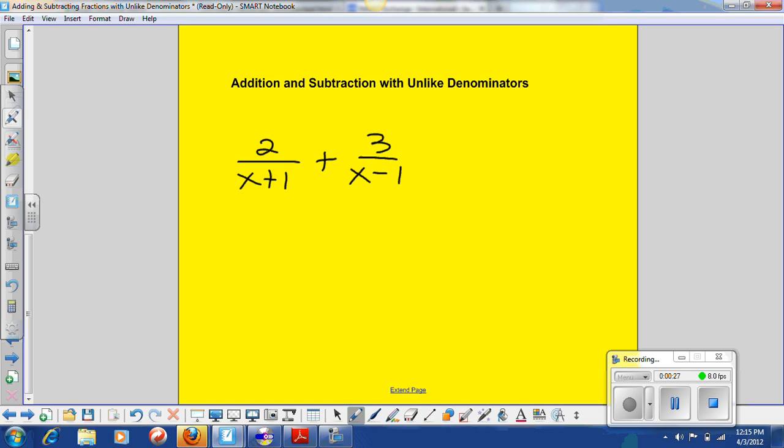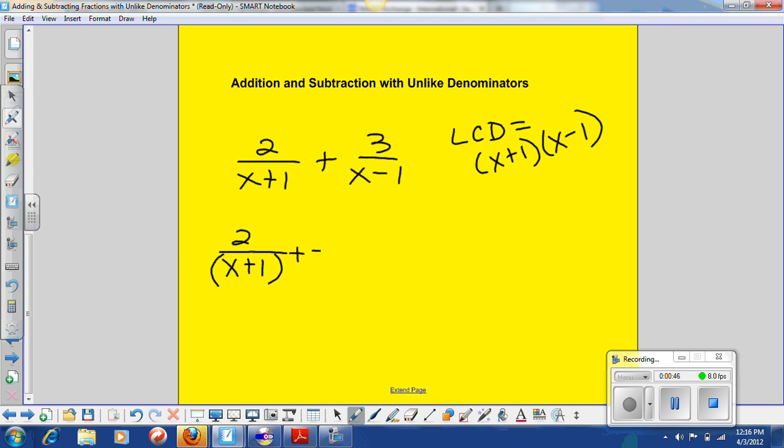No. So the first thing you're going to find is the lowest common denominator, which is going to be the sum of x plus 1 times the sum of x minus 1. So you take your first fraction, 2 over x plus 1. Anytime there's more than one term, it's much easier to just put in parentheses to start with. Plus, and what are we going to